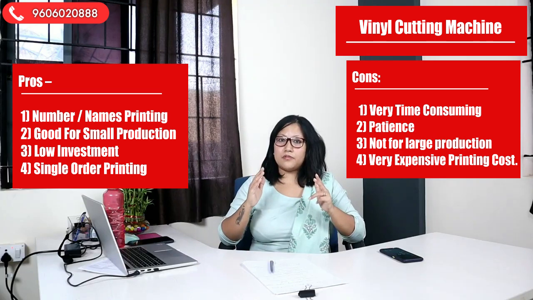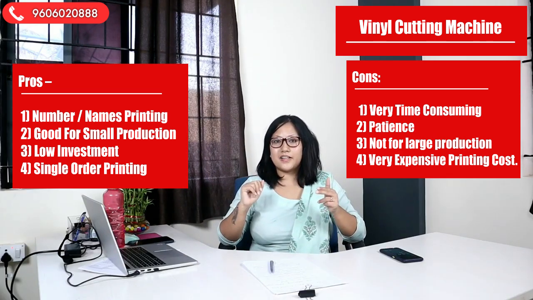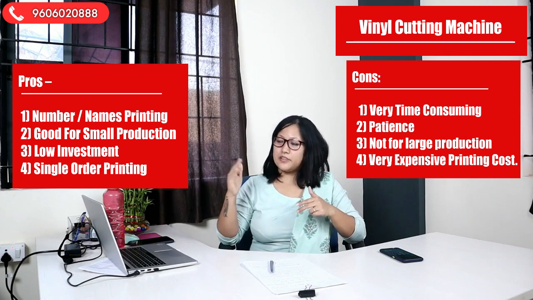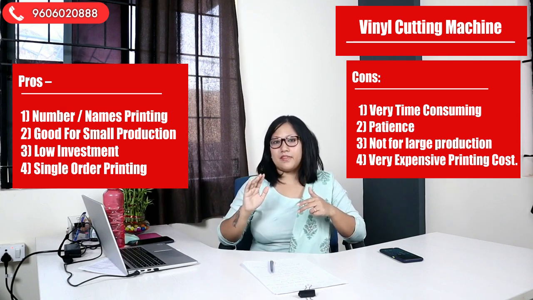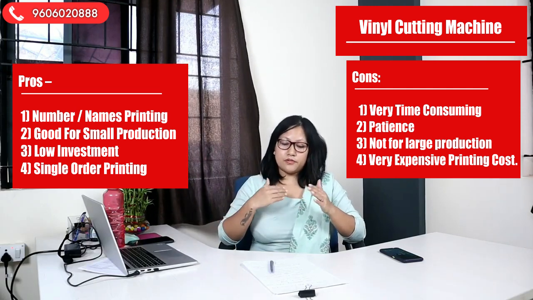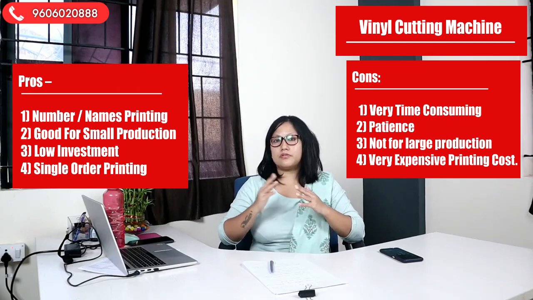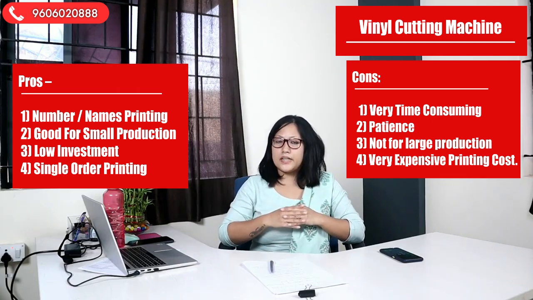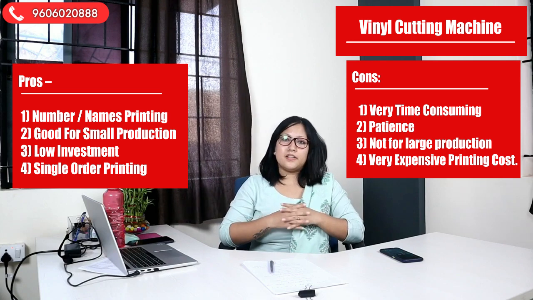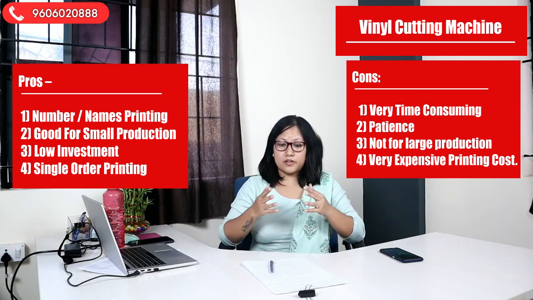Most of them do bulk with screen printing, but for numbering purposes they use vinyl most of the time, like number 1, number 2 or number 15. Every time you have to do the numbering part. For the numbering part it's very good if you do it with vinyl, and the quality is also good. And you can get so many different types of vinyl paper for garment printing.